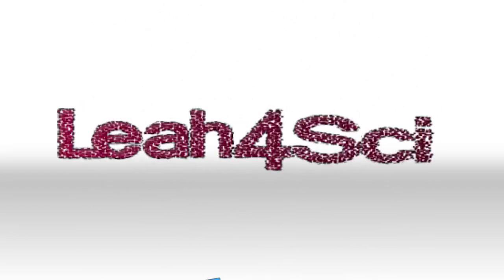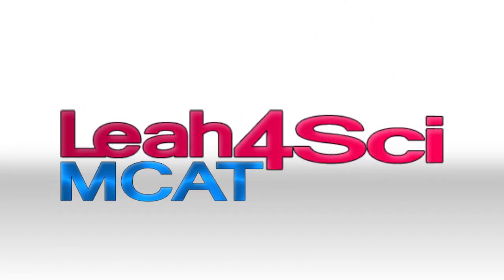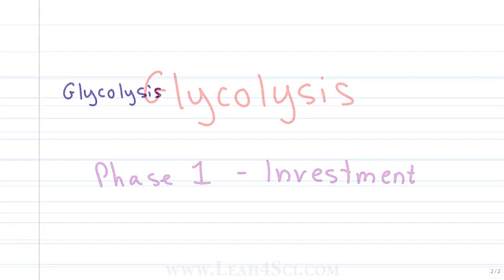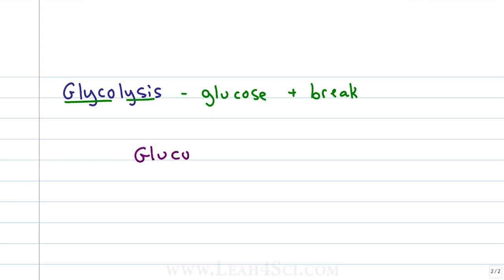Leah here from leahforsci.com/MCAT, and in this video, we're going to look at glycolysis, starting with phase 1, the investment phase. What is glycolysis? Glycolysis comes from the word glyco, which should remind you of glucose, and lysis, which means to break. Glycolysis is the reaction in which we take a 6-carbon glucose and break it into 2 3-carbon pyruvates